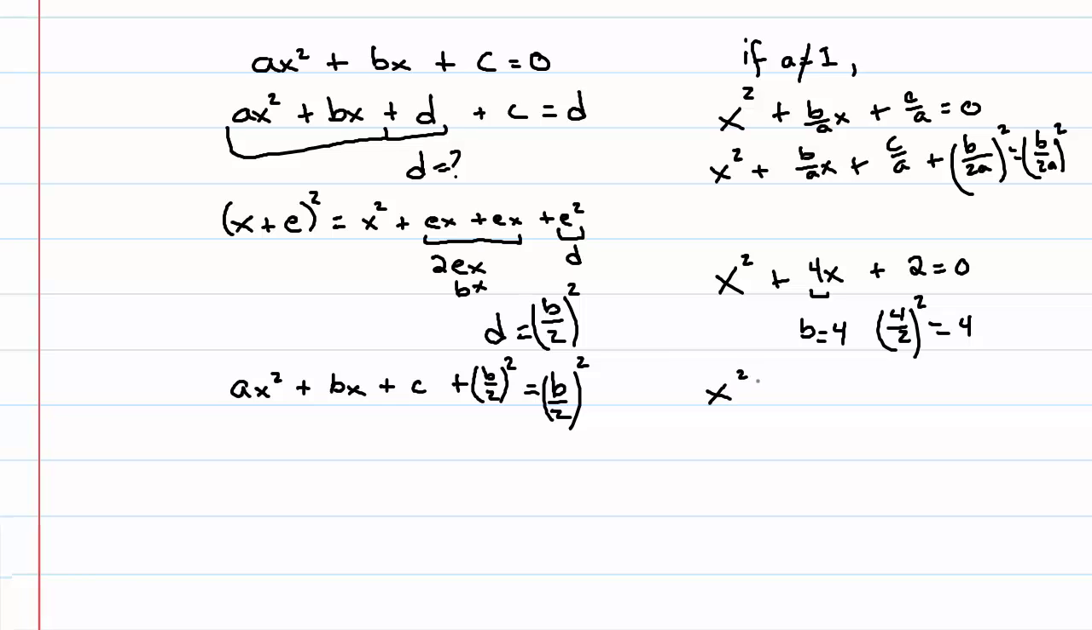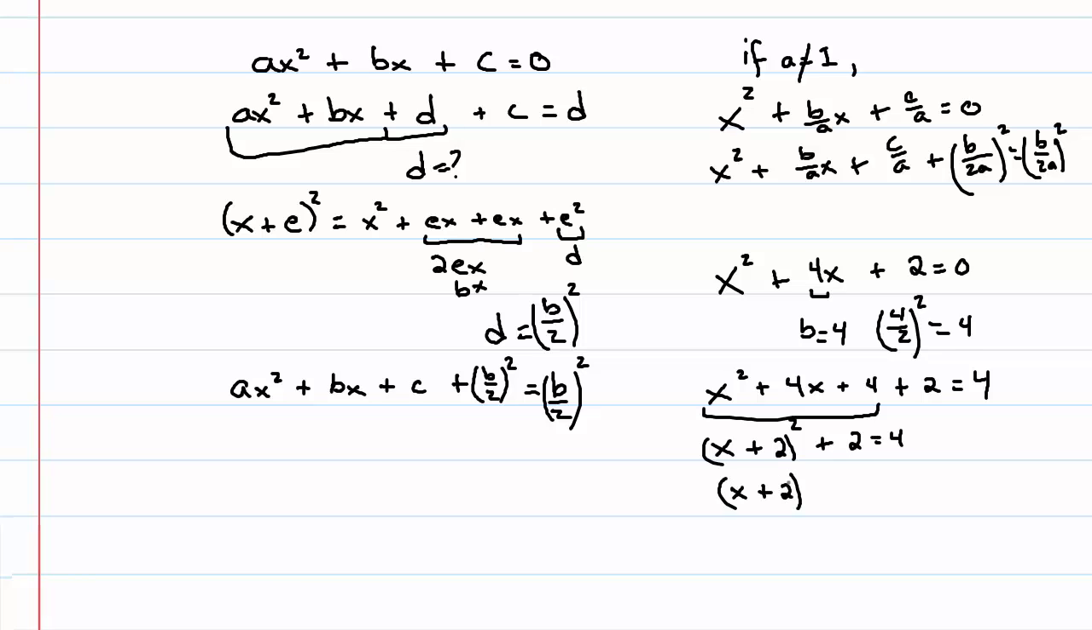From here, we can rewrite this and group our factoring together, keeping our c term outside of the factor, and then adding our b over 2 squared term to the other side. Now we know this is just x plus 2 squared, but we still have the plus 2 and the 4 on the other side, so from here we should have x plus 2 squared